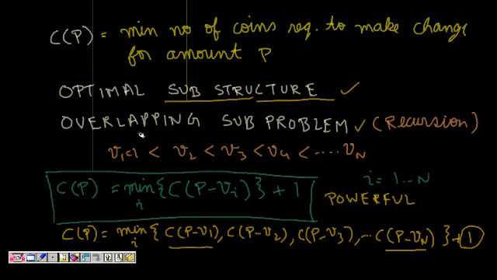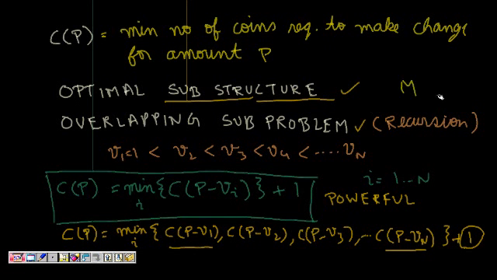So this is one criterion, and another is overlapping subproblems. Basically recursion: we should be able to present the problem as a relation with the smaller subproblems. So we should have some recursive equation. Here, if we wanted the minimum number of coins for amount P, we choose the last coin. So let's say that if I have to calculate P, the minimum number of coins required was, let's say, some M.